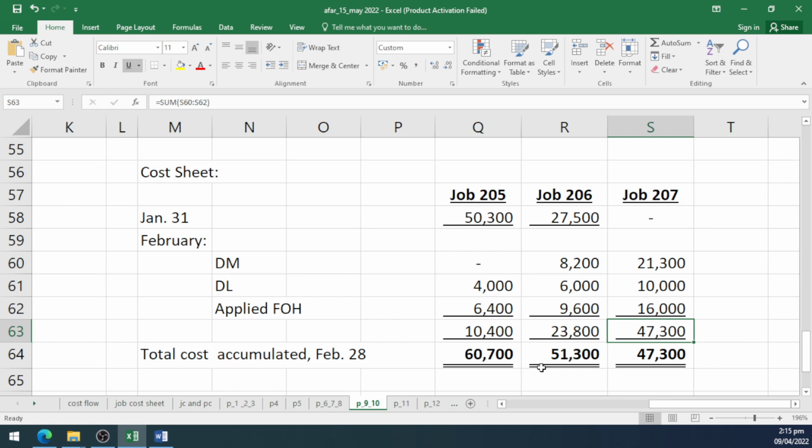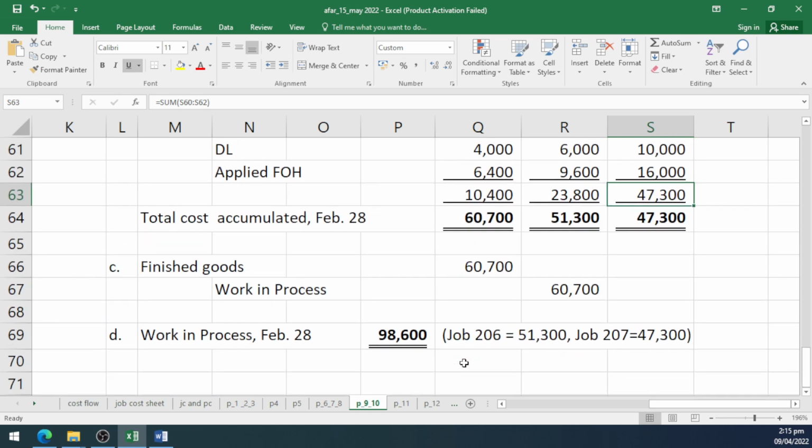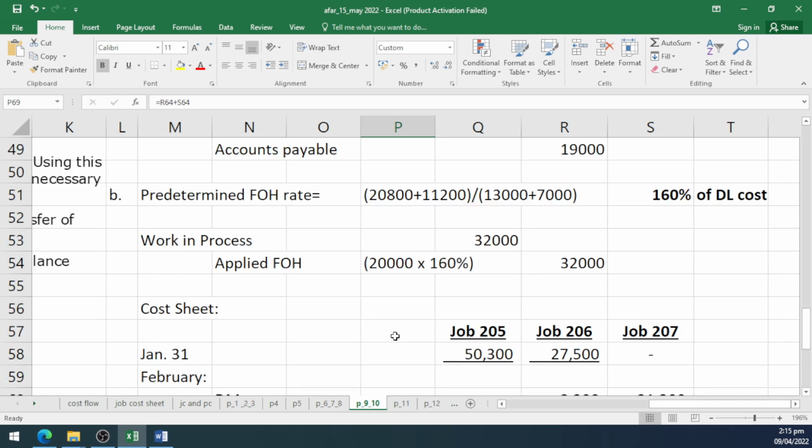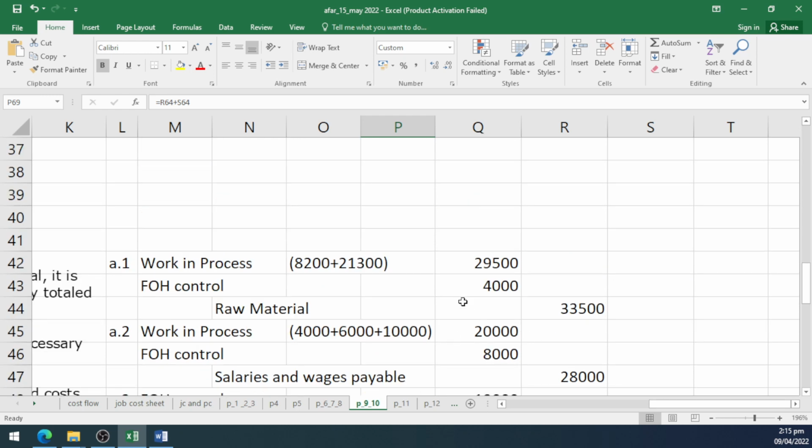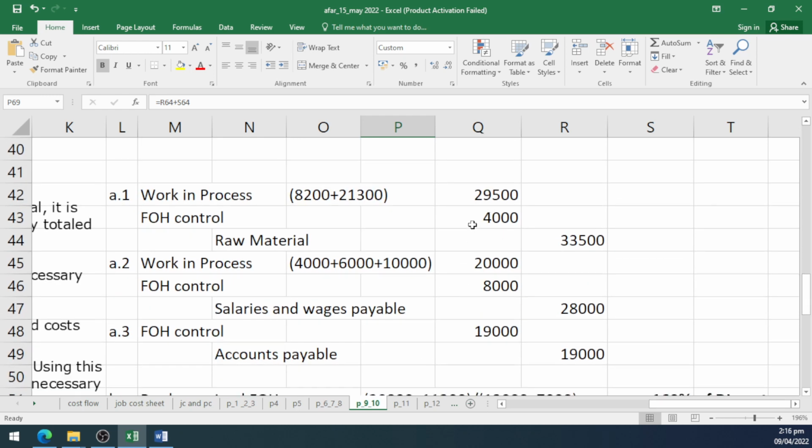And it says that job 205 natapos daw. So we will transfer that now to finished goods. Debit to finished goods, 60,700. Credit to work in process, 60,700. So itong 51,300 at 47,300, yan ang matitirang balanse ng work in process, which is 98,600. If you're going to go back to your entries, makikita nyo naman yan ganito, 29,500 debit, 20,000 debit,